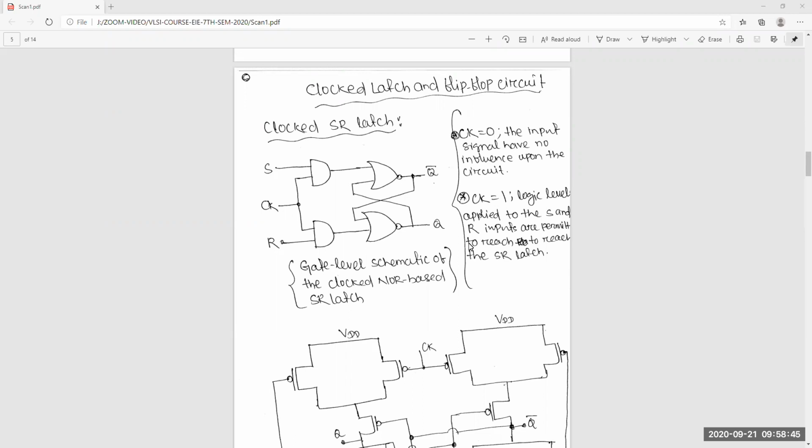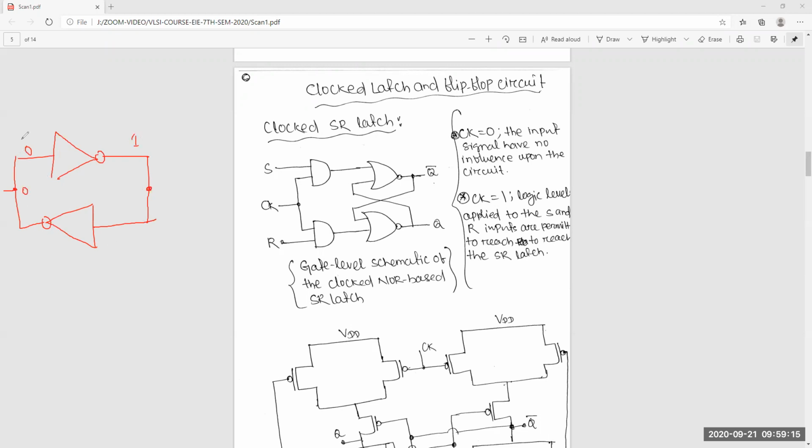So here you can see the back-to-back inverter. Suppose this is your input and output. If this is 0, this is 1, and 1 means again it's 0.